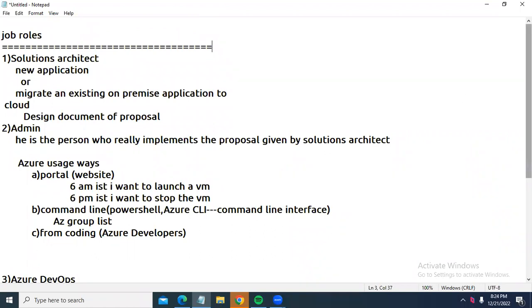Yes. Okay, these are the three different ways. So once again let me briefly explain, because the previous things are not recorded. These are the different job roles, when it comes to job roles. It is not specific to Azure, it can be any cloud. It can be Google Cloud, Azure Cloud, or AWS Cloud, whatever cloud it may be. Majorly we are going to see these three job roles: solutions architect, admin, Azure DevOps, and